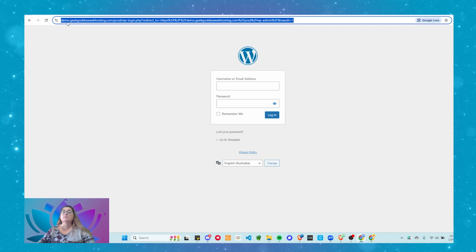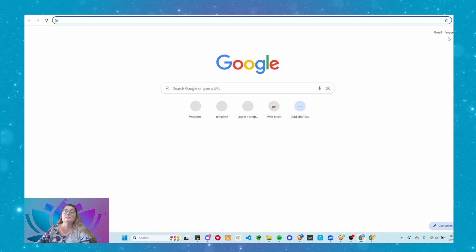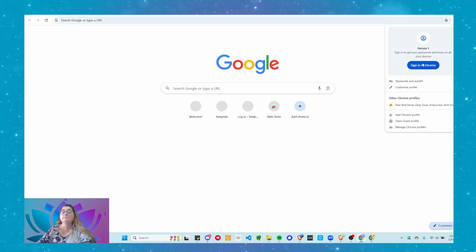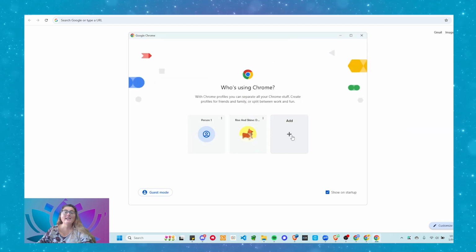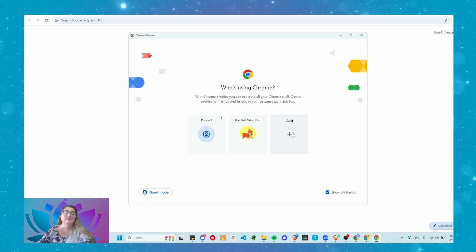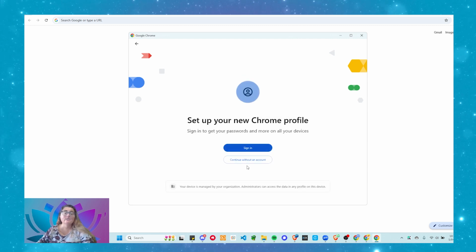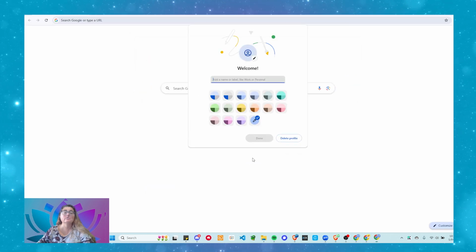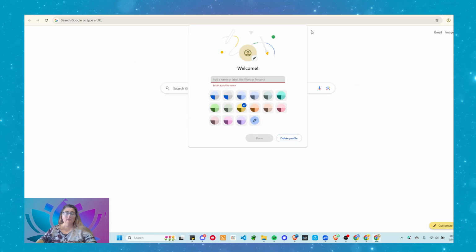Let's just open a new window. Okay, so let's go and have a look at that again. If I just go up to my icon, I can manage my profiles. You can add a whole heap of profiles. I don't know if there is a limit to it. Theoretically, I haven't found it yet, but you click on add, you say continue without an account. You choose a color for it. We're going to go with yellow this time, and we're going to call it